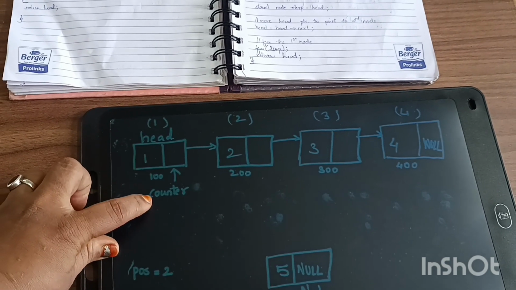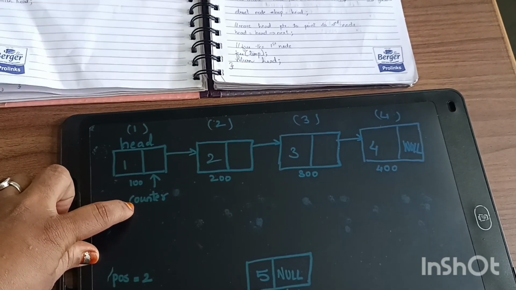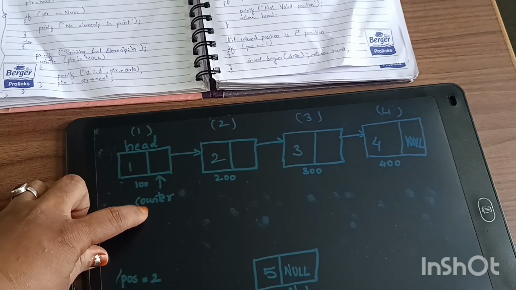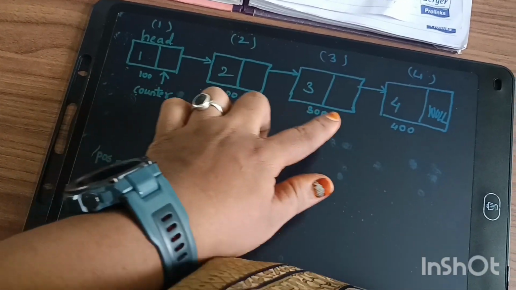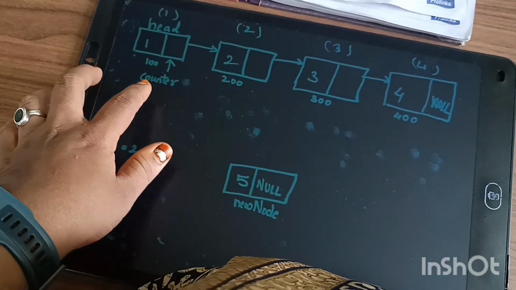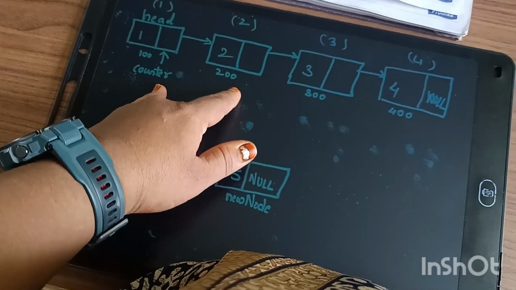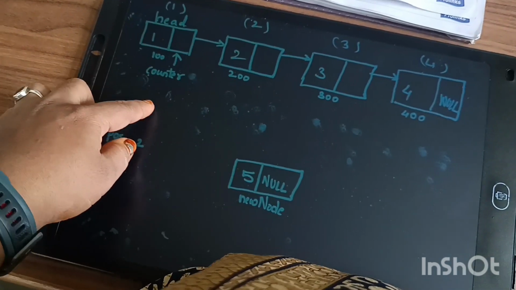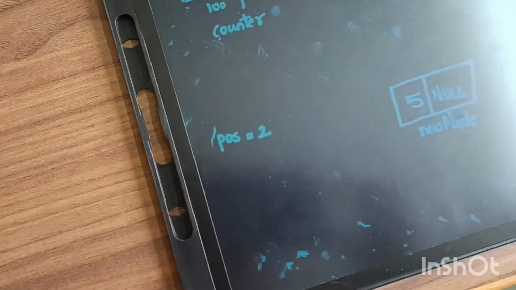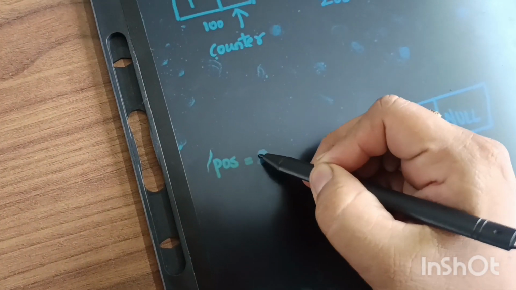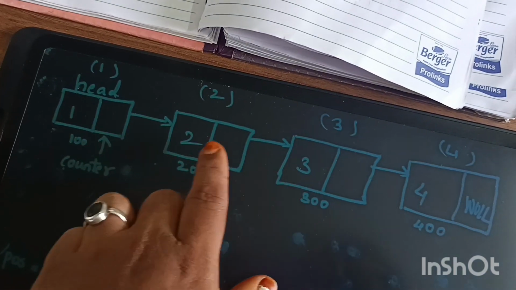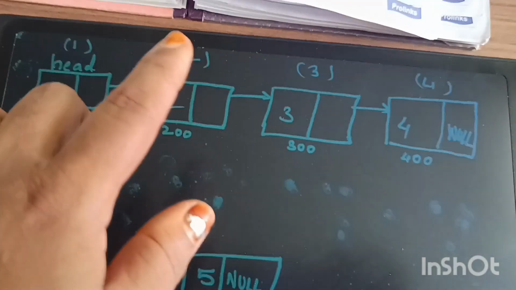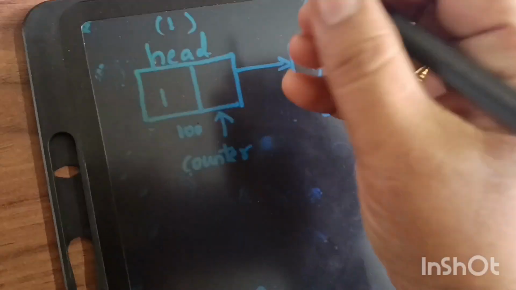So for this purpose, I am making one more counter, a variable which will store the address of the first node. So it will be pointing here. Then I am traveling up to wherever I want to insert. For example, now think that I want to insert in the third position. So I have to take the counter here, then in the link part I have to assign this. Okay, so for this purpose, here I forgot to write this,